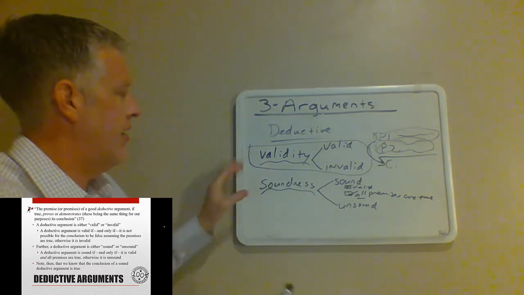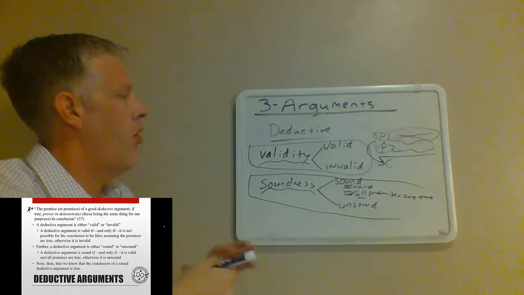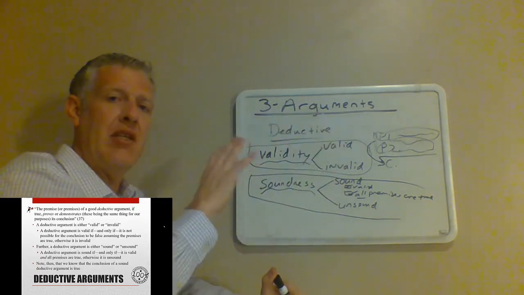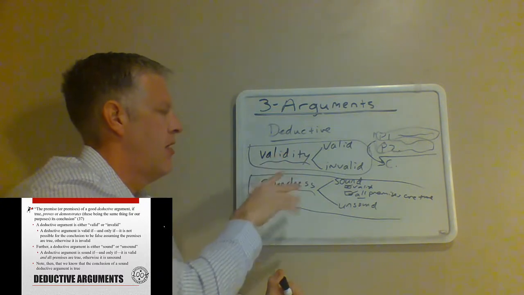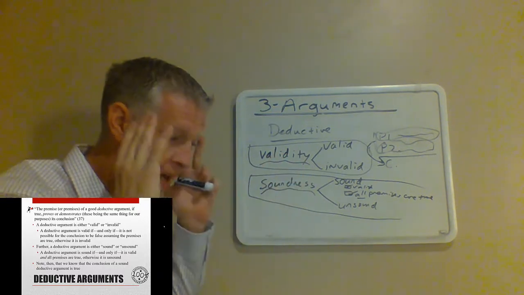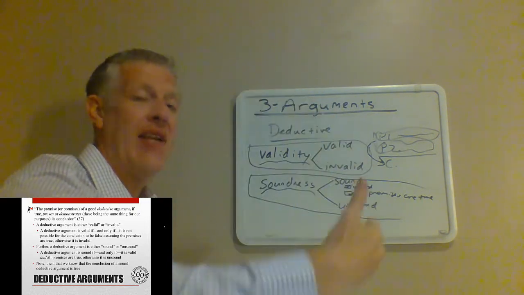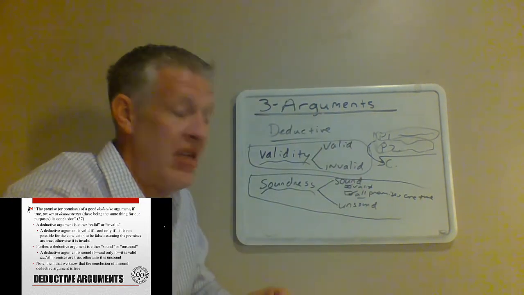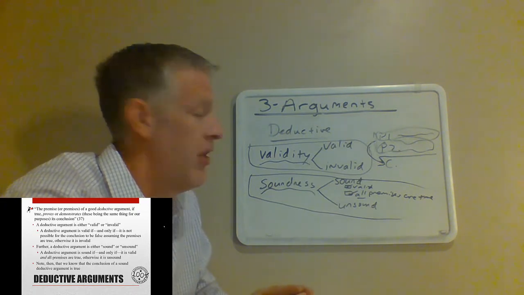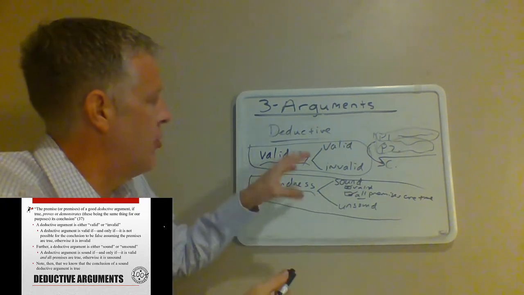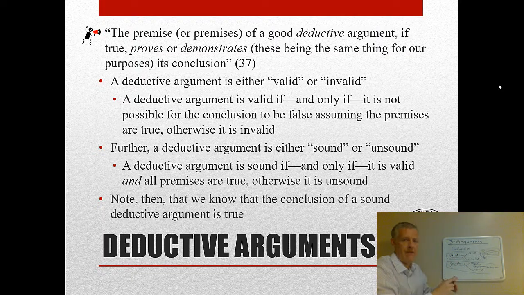So that is soundness, and that's how you go about assessing deductive arguments. We'll talk a lot more about validity and soundness, and we'll dive into much more detail on deductive arguments in the next section, particularly in the textbooks. I think it's chapters 8 and 9. But in the next section, we'll talk in much more detail about deductive and inductive arguments. But definitely know, for now,